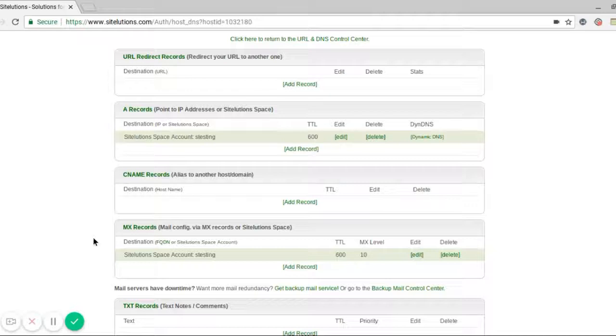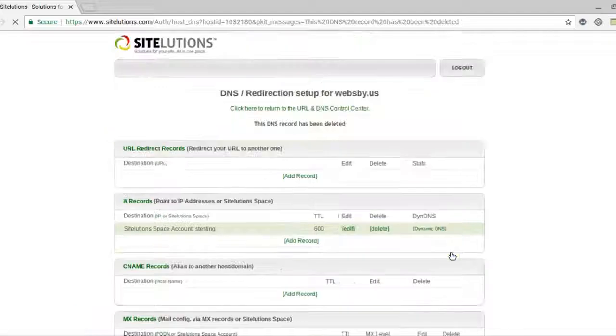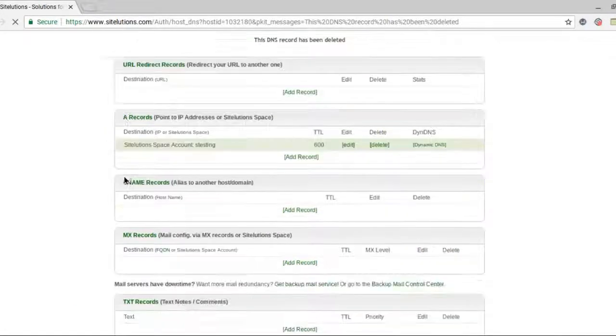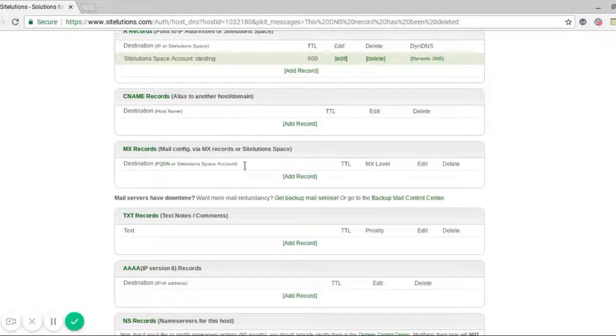Now, if you plan on hosting with Sitelutions, this is a great and easy way to handle your mail. But for the sake of this example, I'm going to delete this MX record so that I can show you how to create a new one. So now it's deleted, and let's say that I want to host my mail with Google, which is a popular service that people use. I would click Add Record,